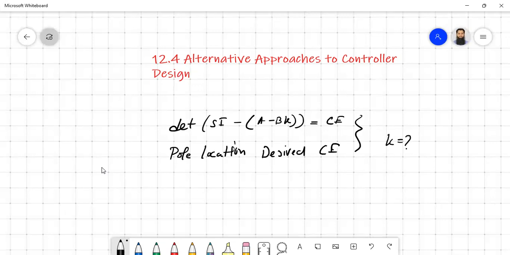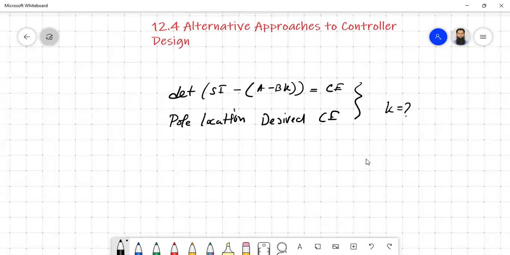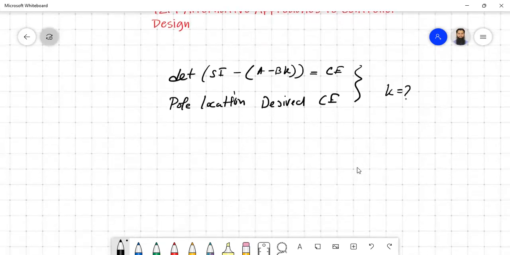But the difficulty is with other forms, apart from the phase variable form. If we try to apply this technique, then for systems with higher orders, the calculation becomes complicated. So it is limited to systems of order 2 or 3; higher than that, it is not comfortable. So let's solve one problem with a second order system. Let's solve example